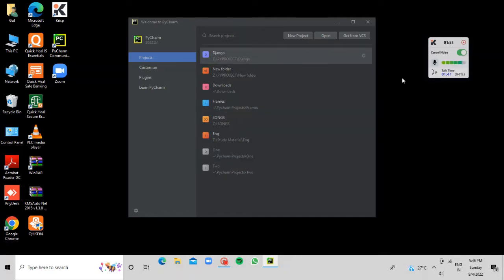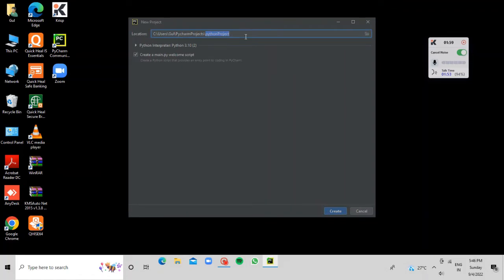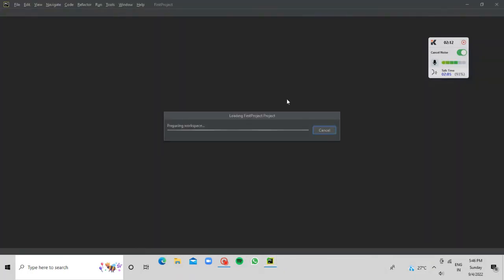As soon as you open PyCharm, you will not be able to see all of these. These are my Python files. Go click on new project. Name your project. For example, I will name my project first project. Done. So now I go ahead, click on create. So now the thing is that PyCharm